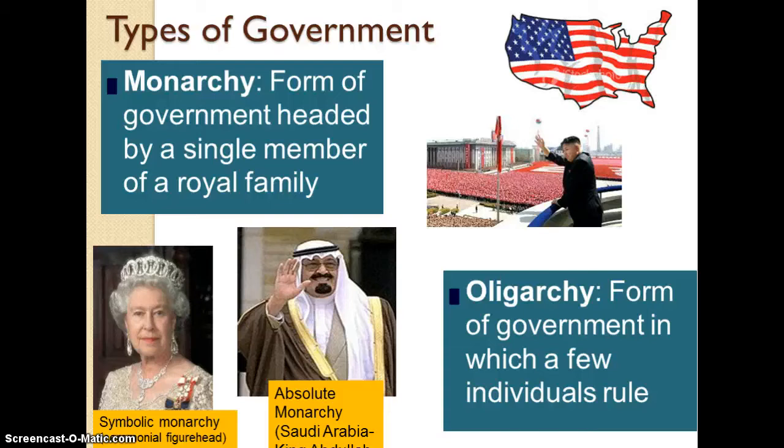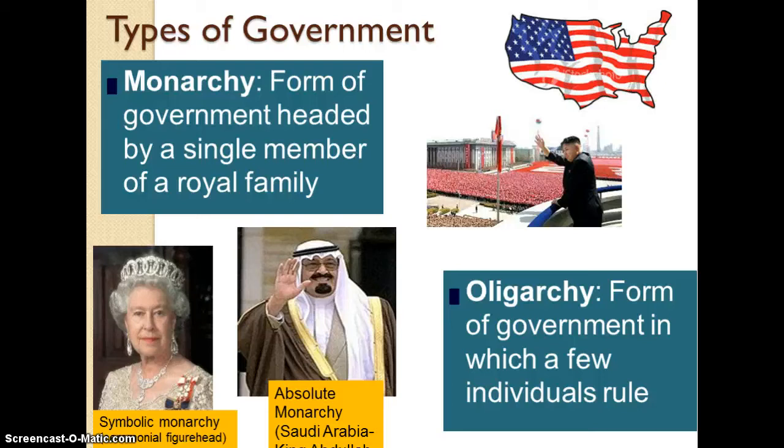Next is a dictatorship. This is a government where one person has nearly total power to enforce laws. And actually, if you do have some extra time, there's always a fun web search you can do to look up the world's dictators, and you'll find a wealth of lists ranking dictators based on how cruel they are, etc. When these dictators have such overwhelming control over people's lives, the government is then called totalitarian.